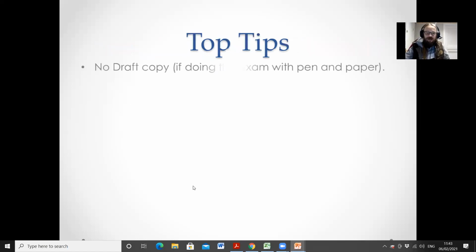Top tips: if you're doing the exam with pen and paper, no draft copy. Once again, this is just a suggestion. You do whatever you want to do, whatever feels right for you. Some people really have to do a draft copy. Fine, as long as, if you do a draft copy and then you decide to do a clean copy